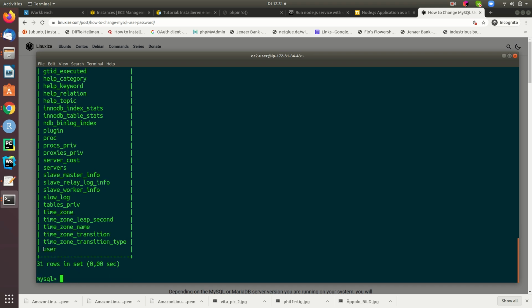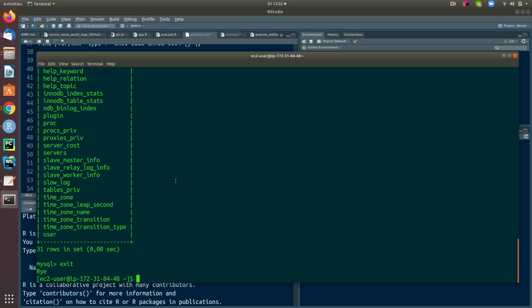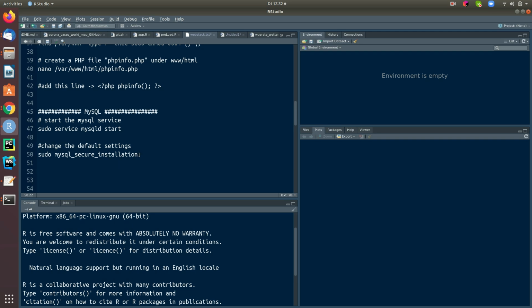You could change user rights right here and add passwords to your own user if you want, but as I said, I'm going to exit the MySQL. We can use the MySQL secure installation package here. In order to do that, just type in sudo mysql_secure_installation,